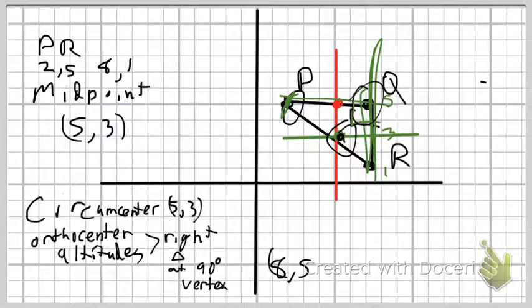So there we have it. Circumcenter (5, 3), orthocenter (8, 5). Go ahead and copy this down,